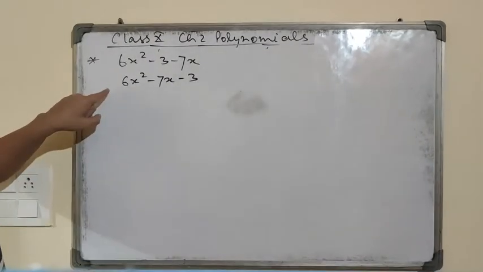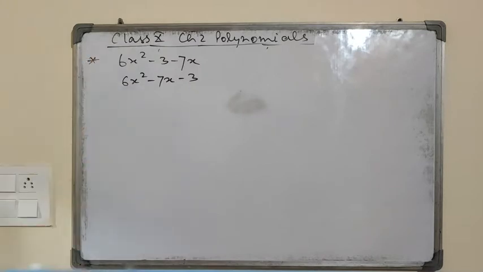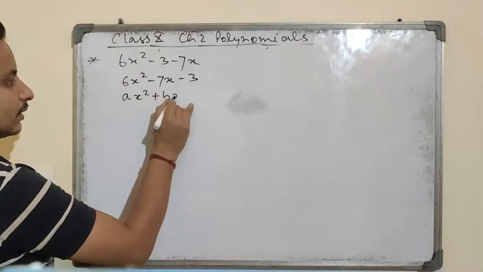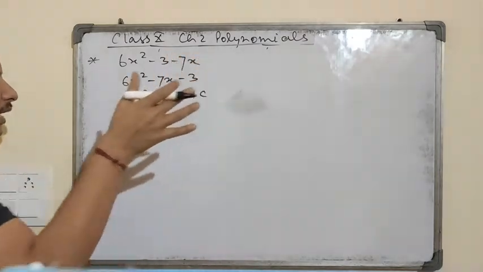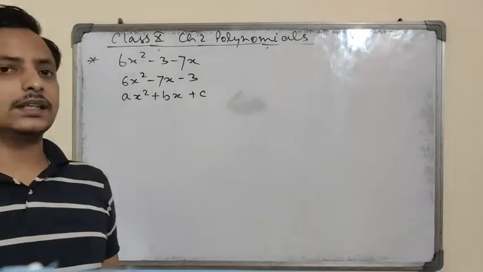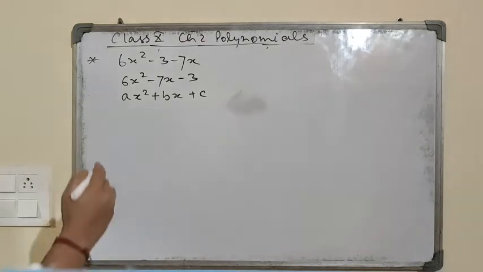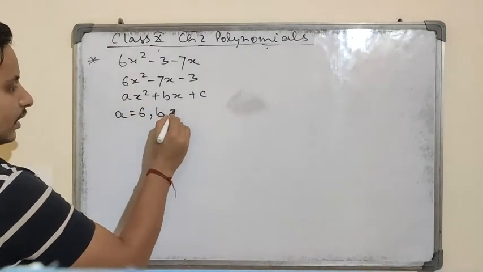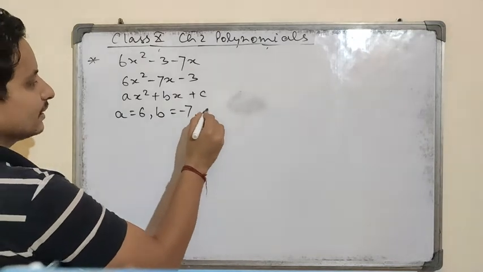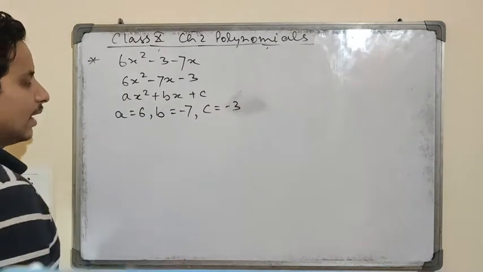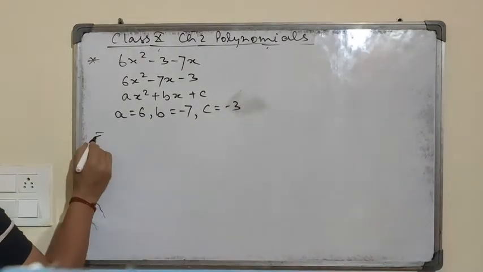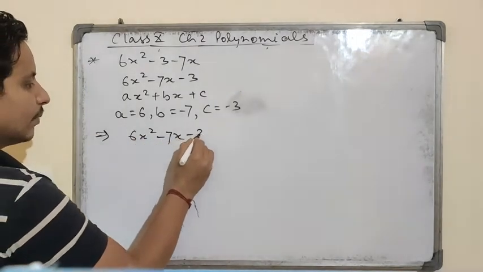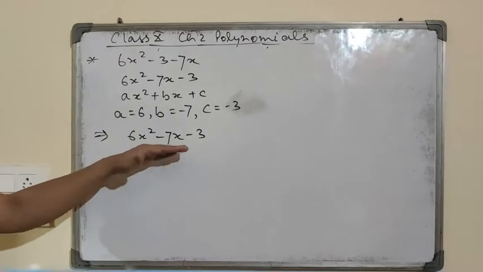Now this is a quadratic polynomial in the form of ax square plus bx plus c. अब ये इस फॉर्म में है, ax square plus bx plus c की फॉर्म में है ये. Now on comparing, a equal to 6, b equal to minus 7 and c equal to minus 3. Now because this is a quadratic polynomial, अब हमें क्या करना, व्हाट वी हैव टू डू, इसको फैक्टराइज करना है